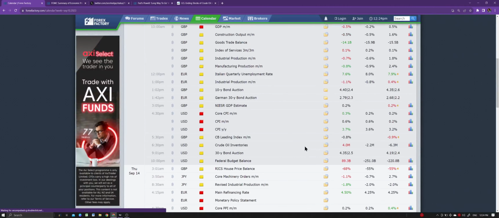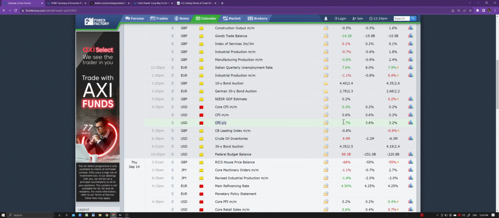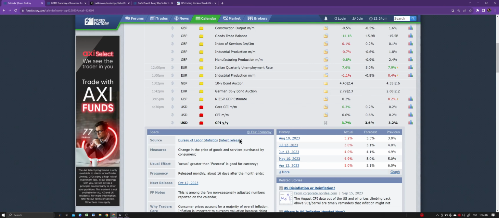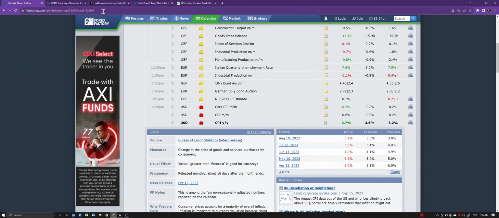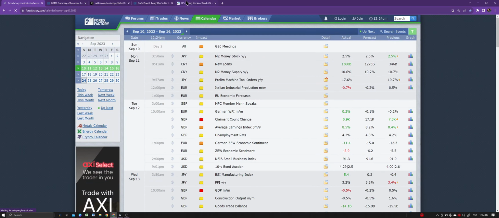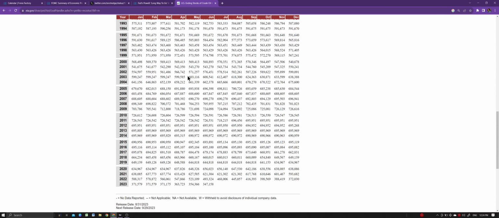If I show you, if you look at the inflation data which came out, it actually came in higher than expected, right, from the forecast and the previous reading. And the main reason why was we had a hike with the energy sector. So if you look at the energy sector's data, over here, right there, you see how we had a big hike in inflation with the energy data. And the main reason why is, if you actually look closely at these numbers, you would notice that Biden has been actually dumping oil reserves so he could actually get the inflation numbers down, so the energy prices down. But energy prices have been soaring again.